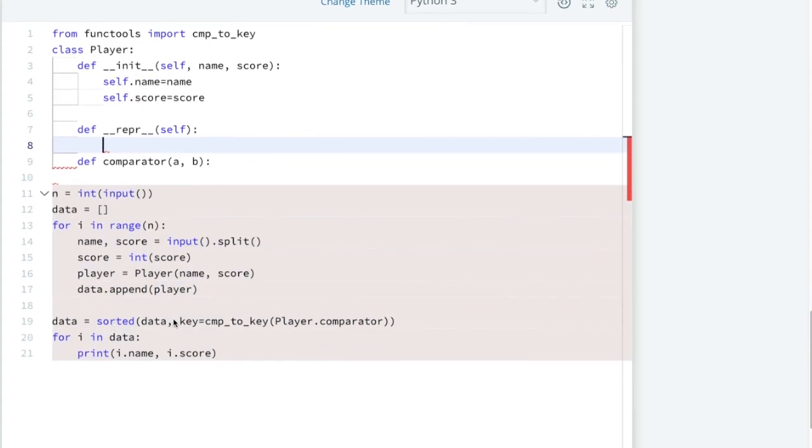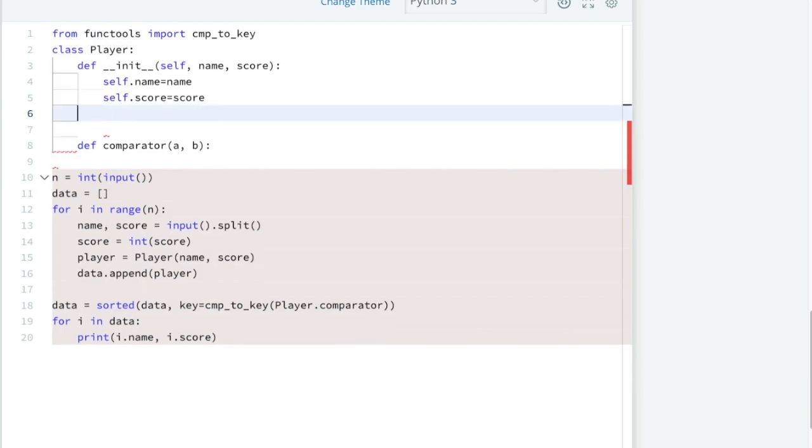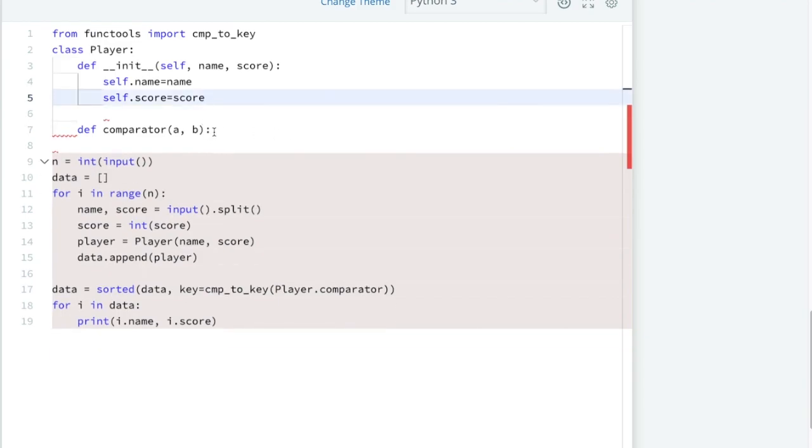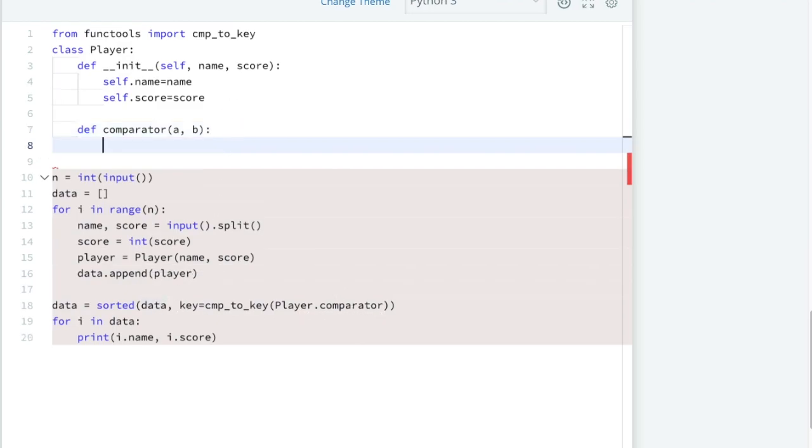Now we have to write our function in this comparator. This is of no use, so delete this one. In this comparator they are passing two values, a and b. A and b are the objects.